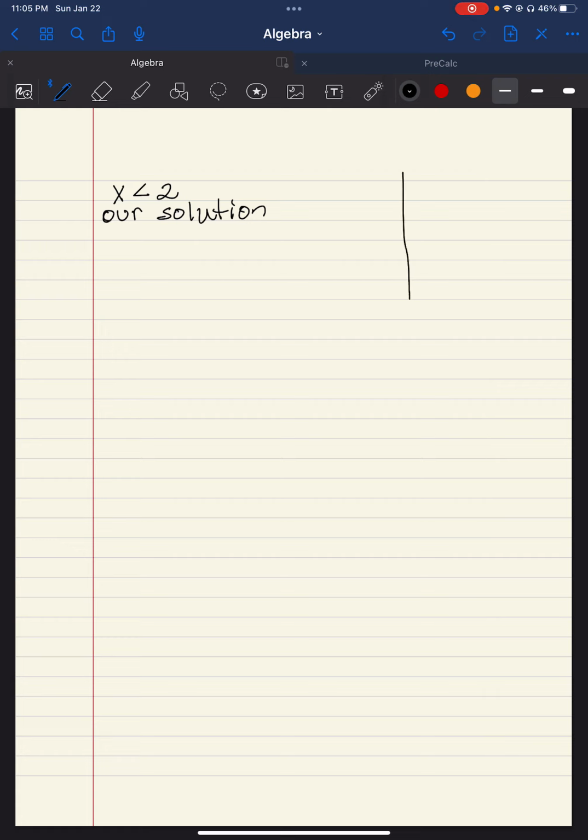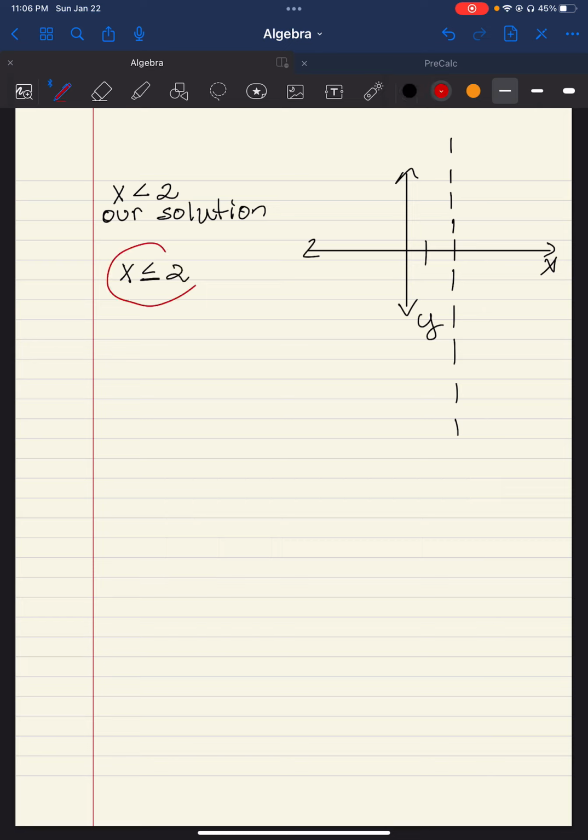We kind of talked about this if you graph it on a coordinate plane where you're dealing with x and y variables. So you know that this is x and this is y. So if we go over to the number 2, we know that that's the boundary, and we know that the boundary is not included because it's a strictly less than. It doesn't have this equal sign under it. This is not what we have. So instead, we have x is less than 2,